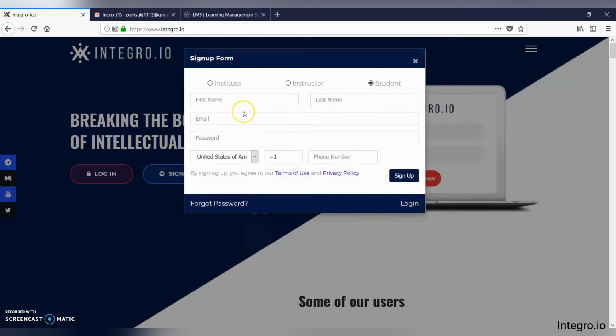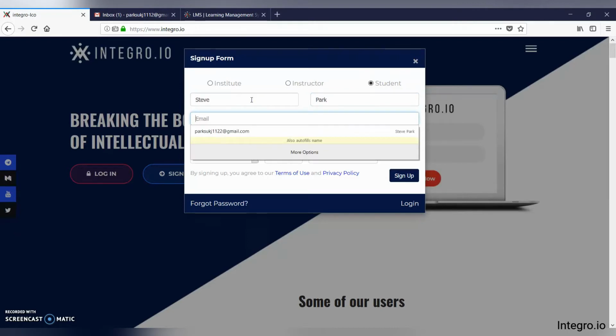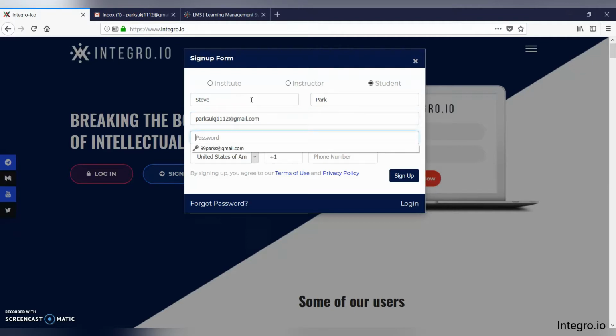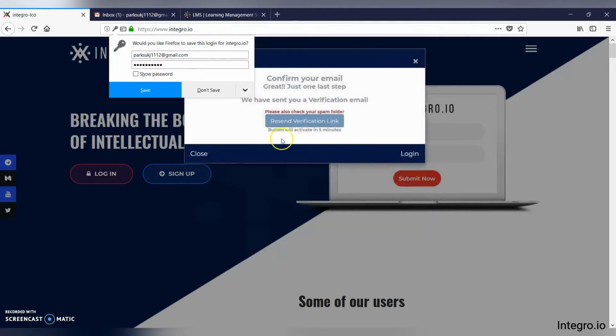In this case, I'm going to select student, enter in your first and last name, your email address, and a secure password, and your phone number. Then click Sign Up, and a pop-up will appear that requires you to verify your email